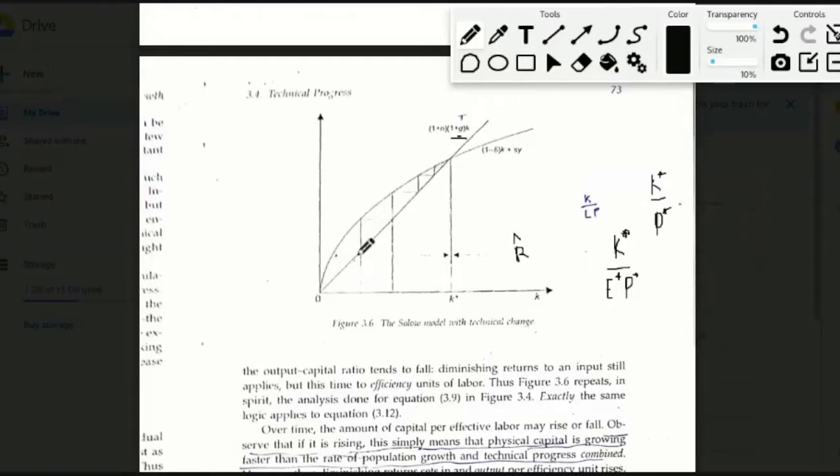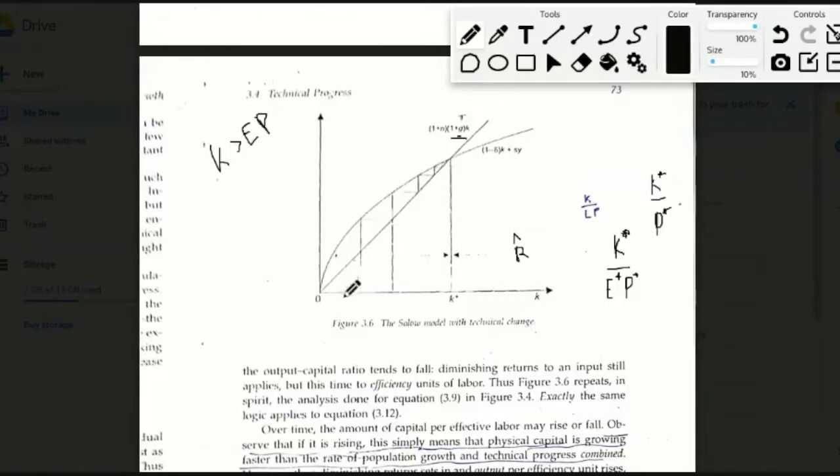But other than that, the basic idea stays the same, that you still see diminishing returns to factor, but now the diminishing returns to factor here are occurring with respect to the efficiency unit of labor and not just the unit of labor. So when we say that K increases relative to efficiency labor, now we are not saying that K is greater than P. We are saying K is greater than the product of E into P, which is that the relative amount of capital with respect to the efficiency unit of labor is increasing.